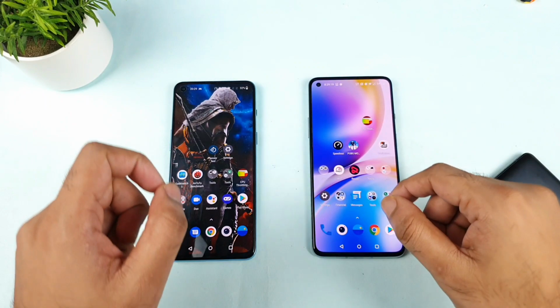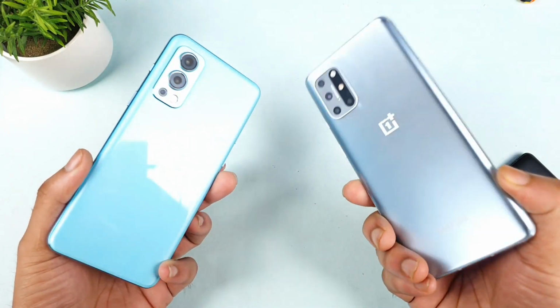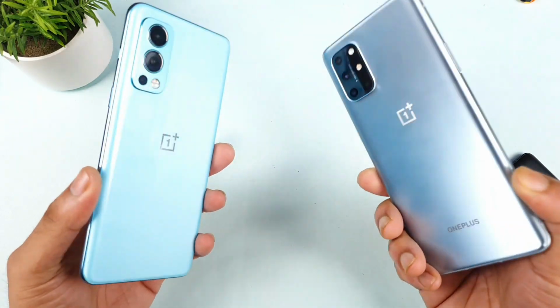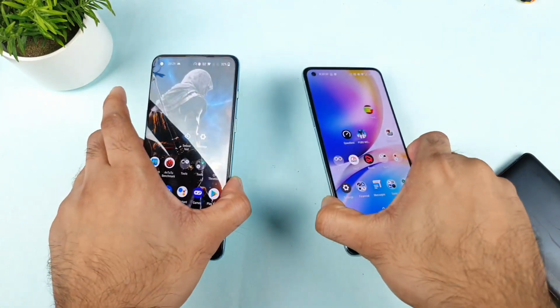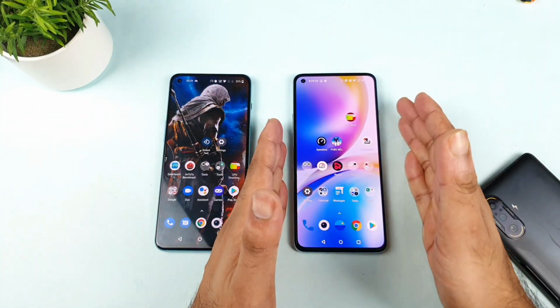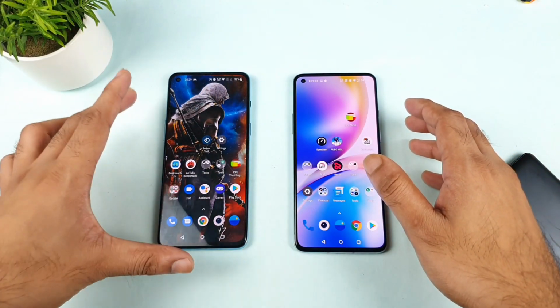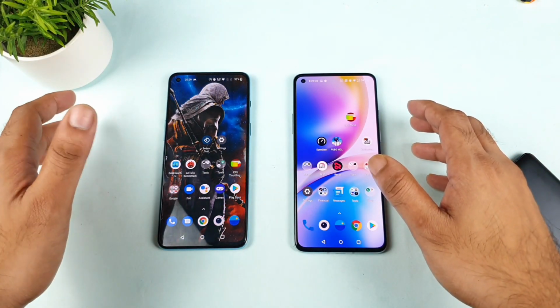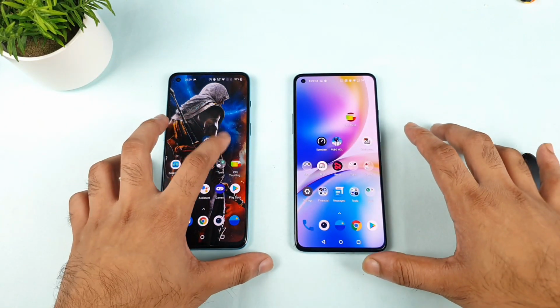In today's video, I'll compare the touch sampling rate of the OnePlus Nord 2 versus the OnePlus 8T. Let's see which phone has what type of touch sampling rate. In this test, we'll get to know complete details about touch sampling rate. According to the official figures, the OnePlus 8T has a 240 Hz touch sampling rate. But for the Nord 2, the touch sampling rate is unofficial. I'm not sure exactly how much it is, but let's see in my testing what number we can actually get in this phone.